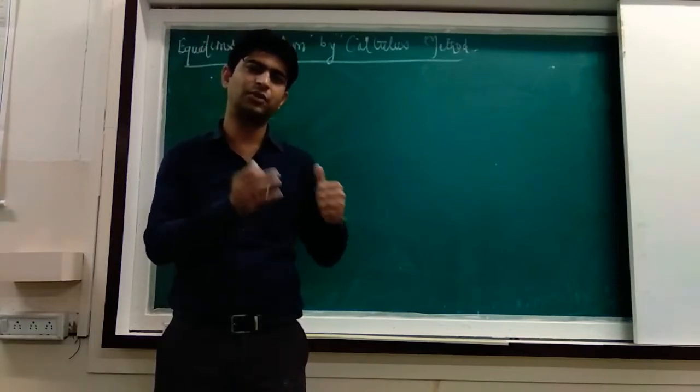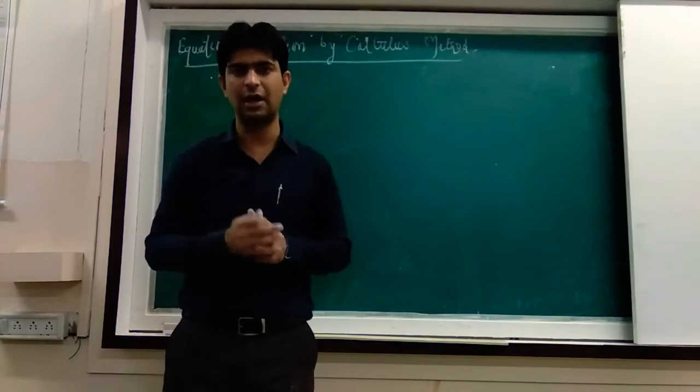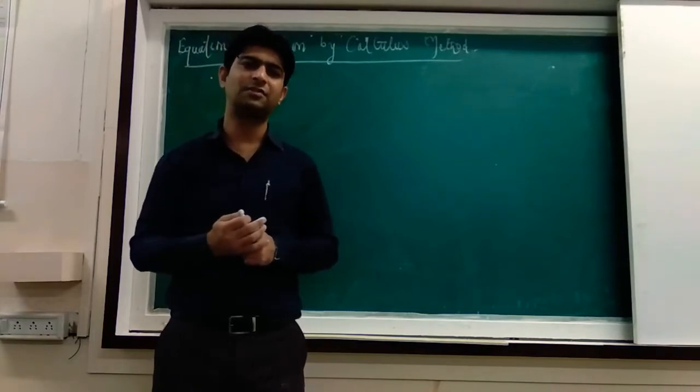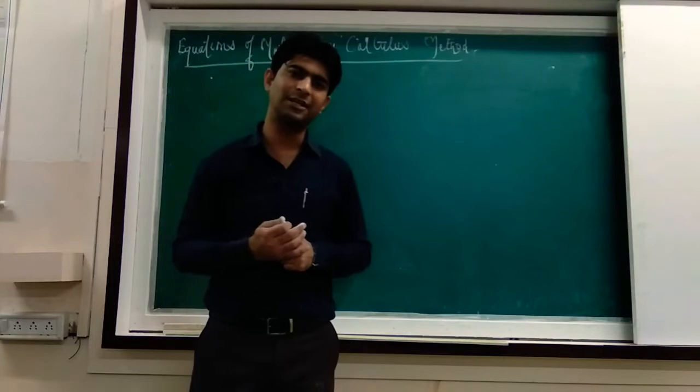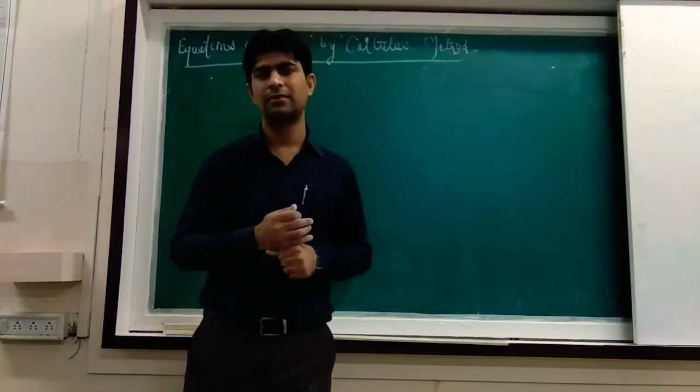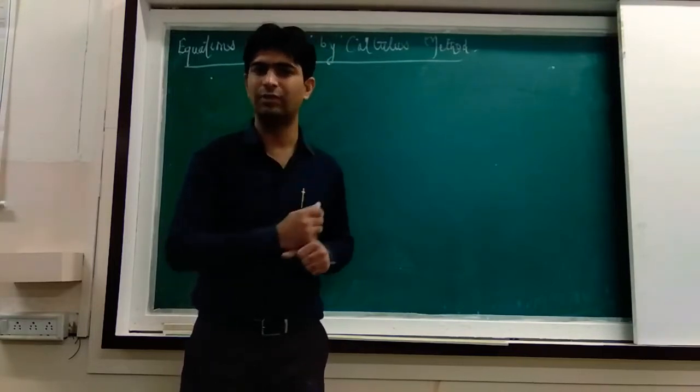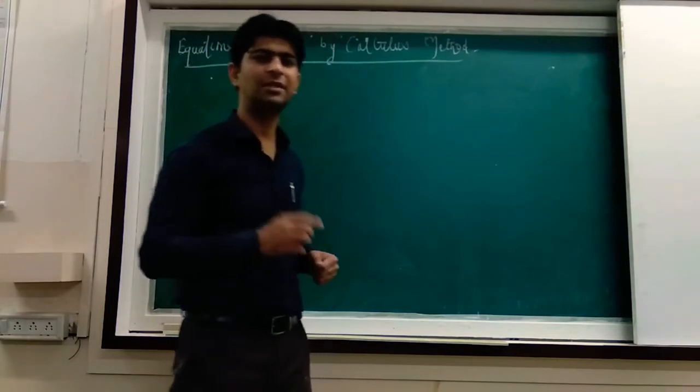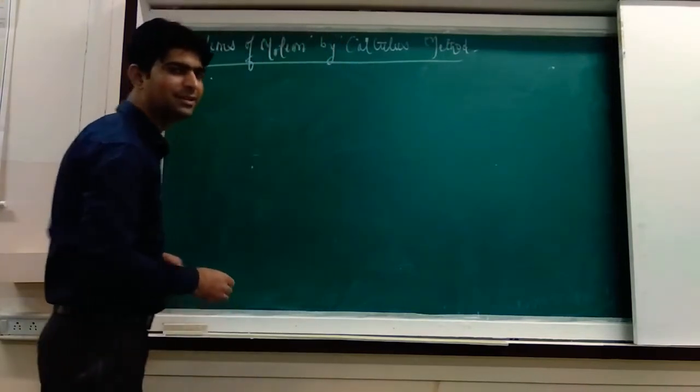In the previous classes we would have studied how to derive the three equations of kinematics for a uniformly accelerated body by the graphical method. So today we are going to discuss it with the calculus method, starting with the very first equation, that is V is equal to U plus AT.